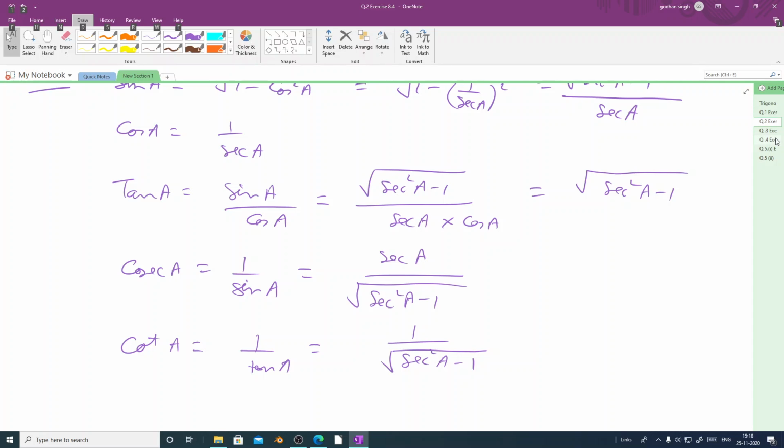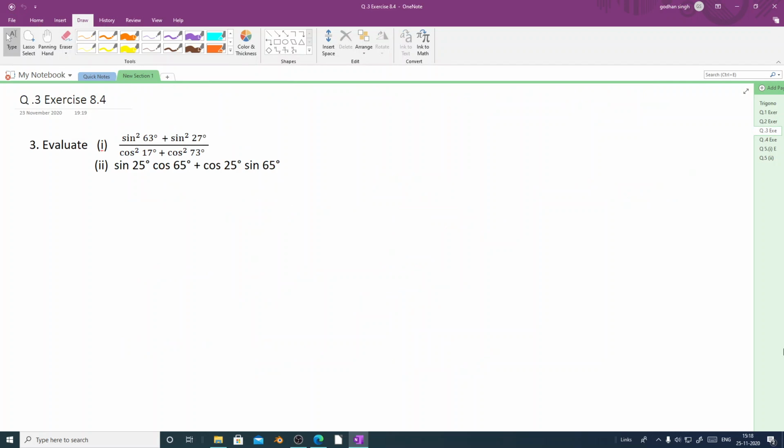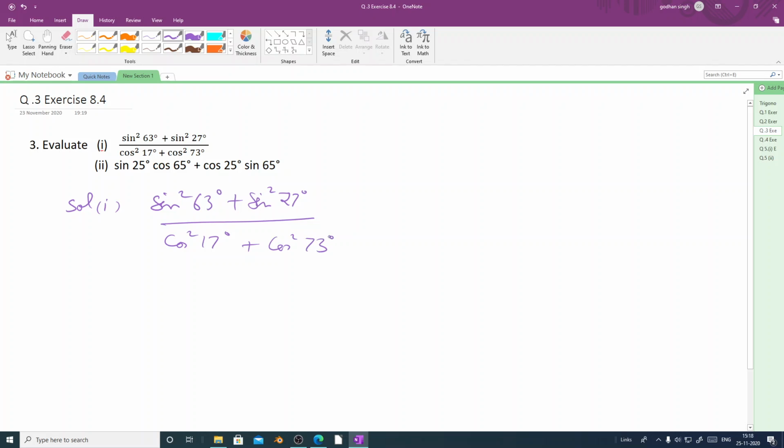Next we will go to question number 3. So what is question number 3? Evaluate sine square 63 degree plus sine square 27 degree over cos square 17 degree plus cos square 73 degree. So we will be solving the first part of question number 3. Solution first part: sine square 63 degree plus sine square 27 degree over cos square 17 degree plus cos square 73 degree equal